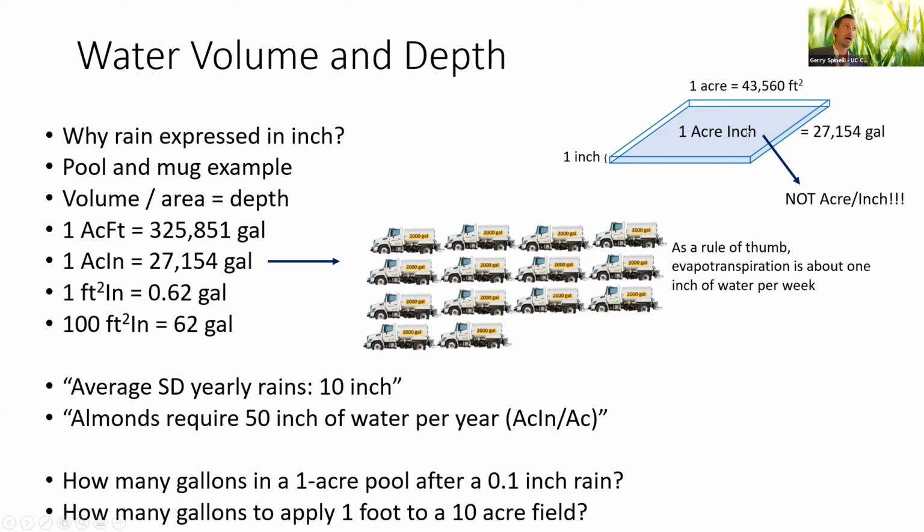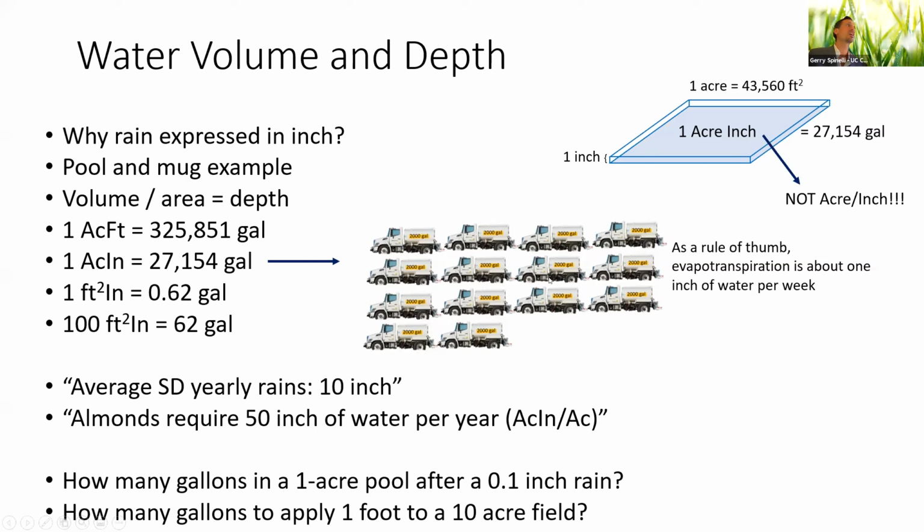Like when we were in school, the teacher said to calculate the volume of this solid, you have to multiply the area by the height. So it's the same. We're multiplying this area of 1 acre by 1 inch of depth, and we get this volume of water that corresponds to 27,000 gallons. And those of you that like to think visually like I do may benefit from thinking about these 14 water trucks. Each of them holds 2,000 gallons. So when I think about 1 acre inch, I think about these 14 trucks.